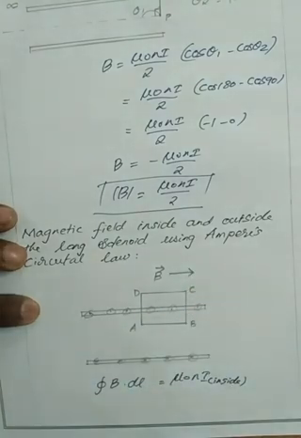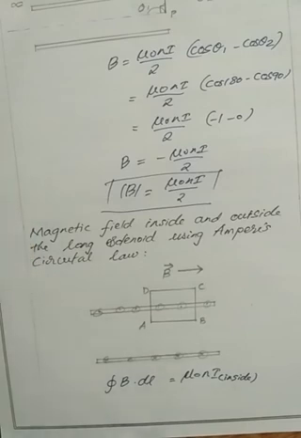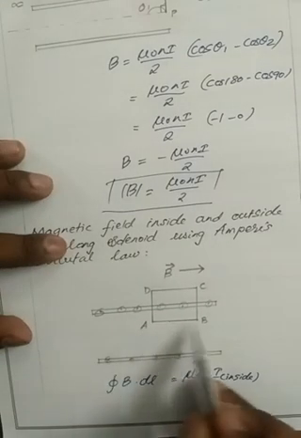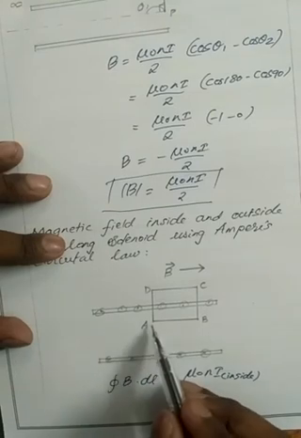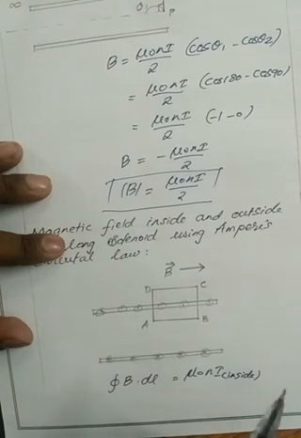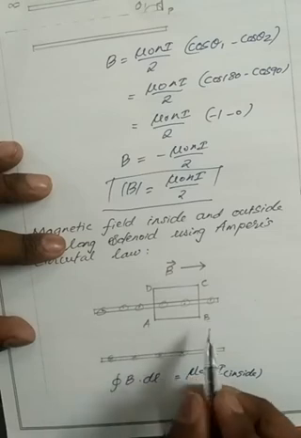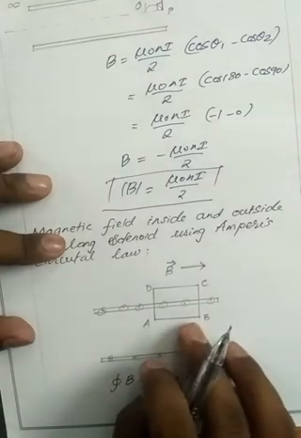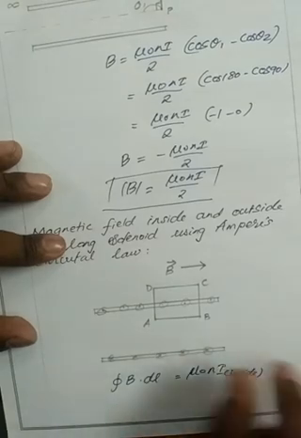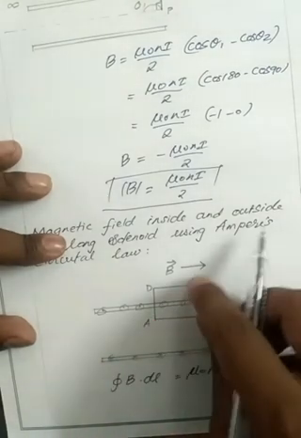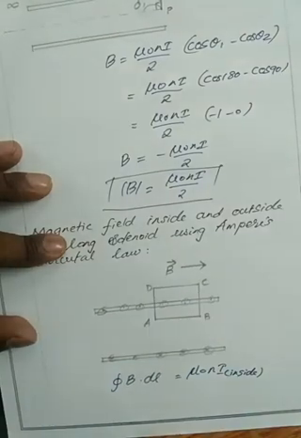So this is my direction of magnetic field. Here I have four parts, that is AB, BC, CD, DA. To complete the loop I have to start with A and end with A. So I have four magnetic field as well as length elements. This is the direction of magnetic field and I have four length elements: this one, this another, and CD, DA.